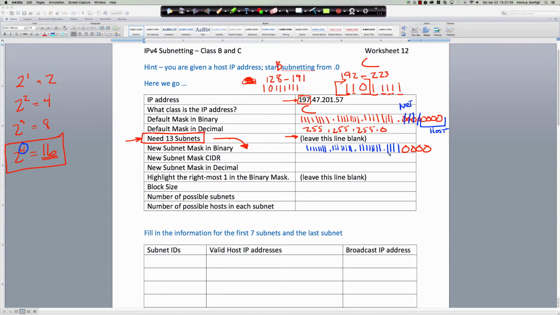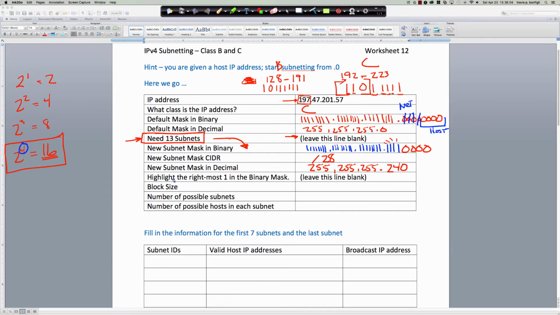It would be a /28, because 28 bits are being used for the network portion of the address. Our new subnet mask in decimal is 255.255.255.128 plus 64 is 192, plus 32 is 224, plus 16 is